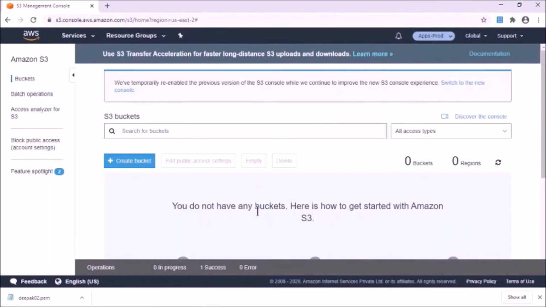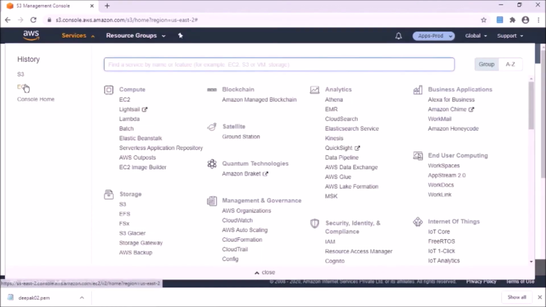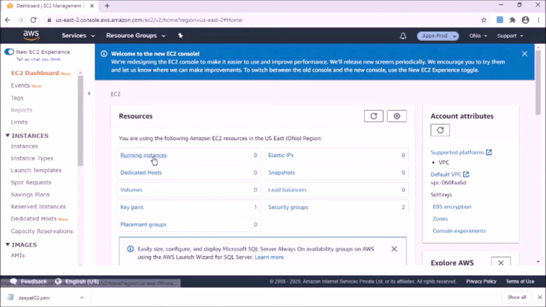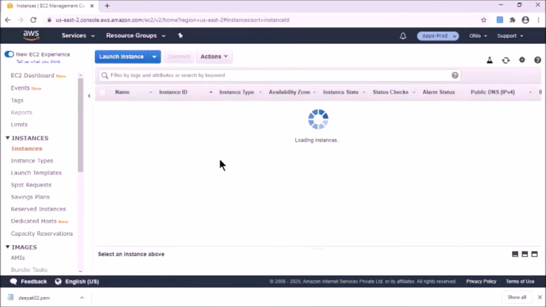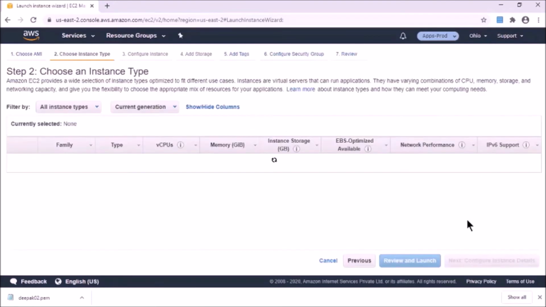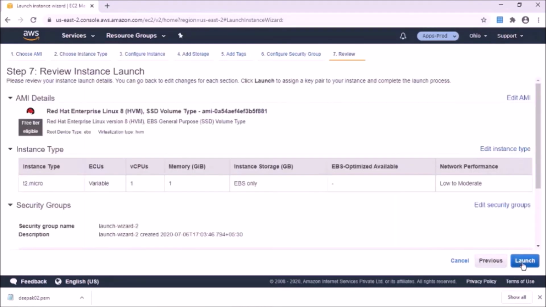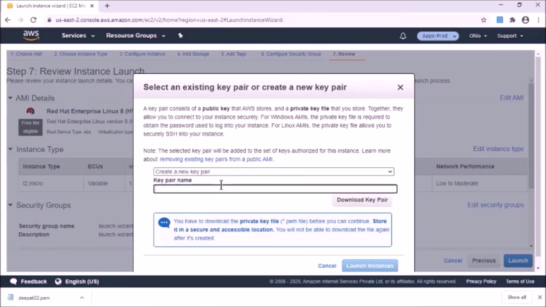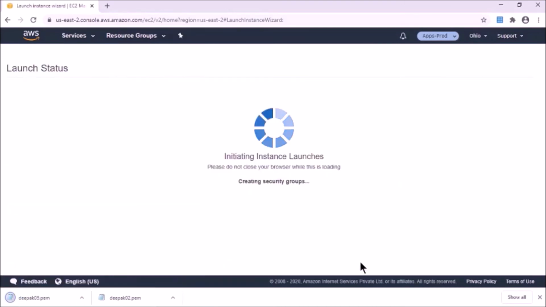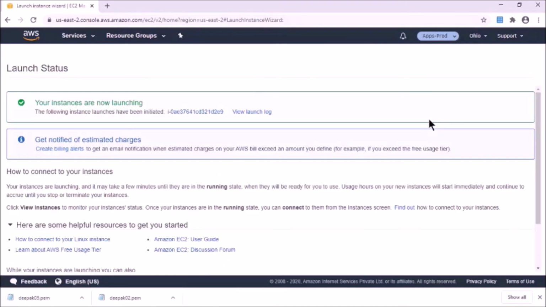So the bucket has been deleted, which means Deepak has access to S3 as well. Let's check the access for EC2. Launch the instance. Go with default configuration. He is able to launch the instance in the Apps Prod account.